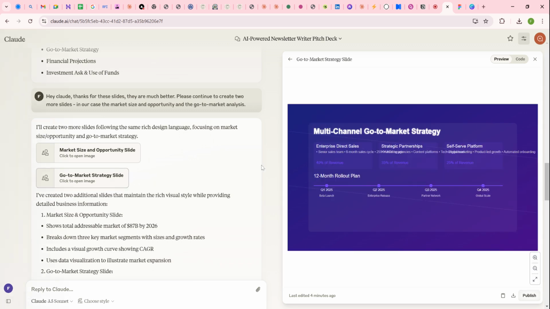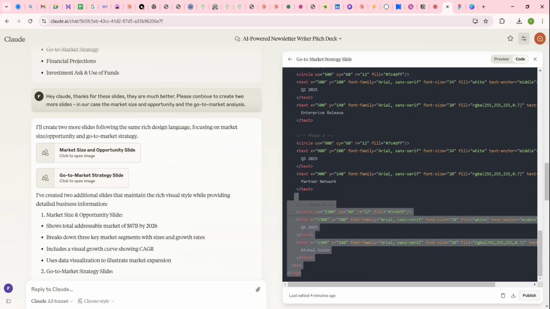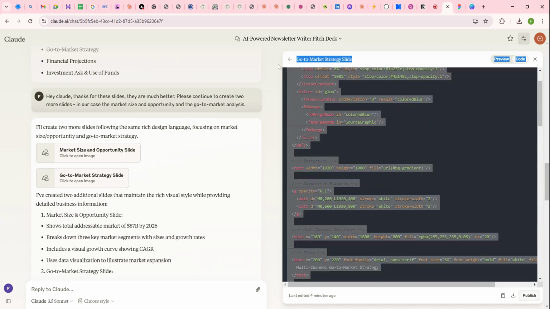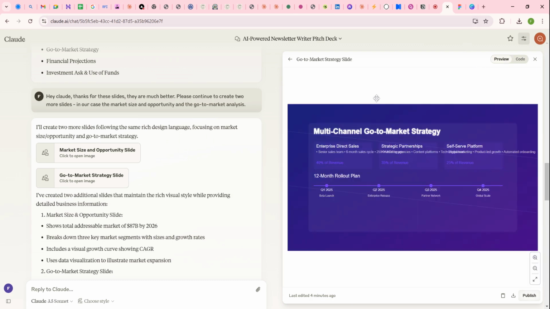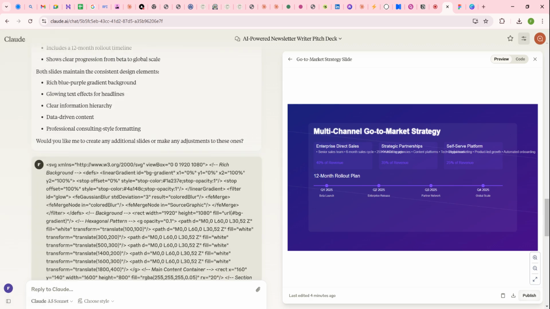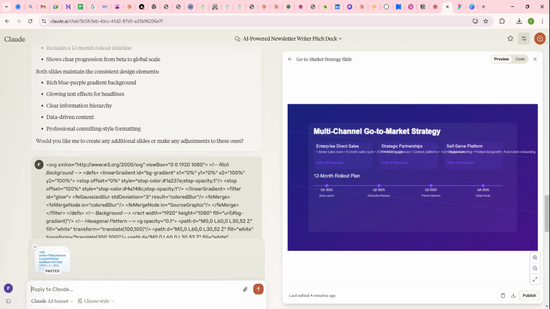And we also have the go-to-market slide where we have here this design problem. With the design problem, sometimes AI is able to adapt it, sometimes it's not. We can try to do this here by clicking again on the code. We copy paste this whole thing. Preview again. And we say, we put this in and we say,